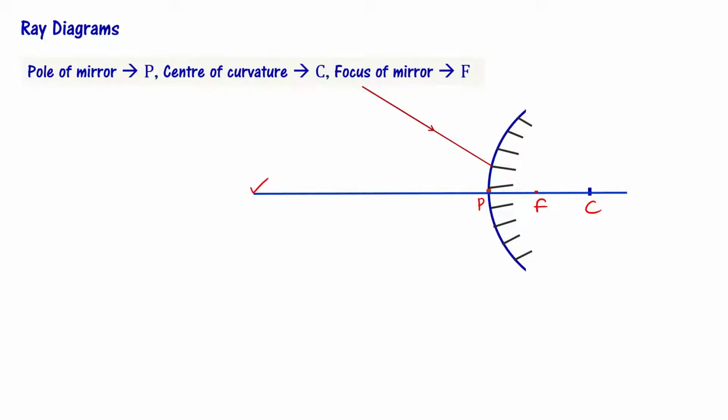Now what I'm going to do is, since I have an incident ray, I have to draw a reflected ray first of all. To do that, first I have to find what is the point of incidence, and from the point of incidence I have to draw a normal, right? Normal means I have to connect this point with center of curvature. This is the normal. Now I know what is the angle of incidence. Use the same angle, that is called angle of reflection. And when you have the same angle, the ray, you can draw, this is my reflected ray. Look at this.